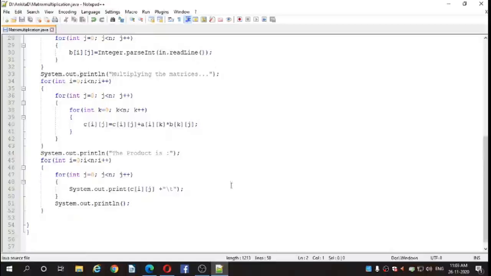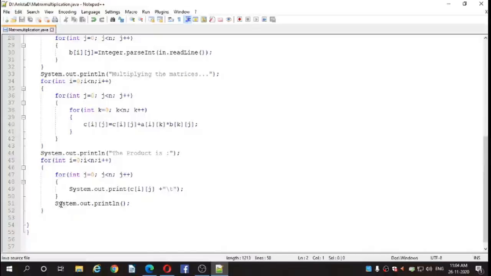Then with the help of this for loop we are printing one by one element on the console, that is System.out.println the product, for int i equal to 0, i is less than n, i plus plus. Inside the for loop we have another for loop, that is int j equal to 0, j is less than n, j plus plus.